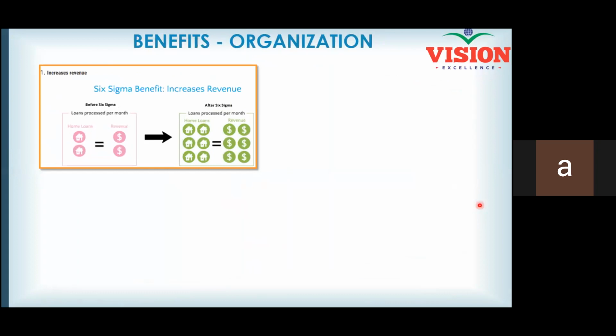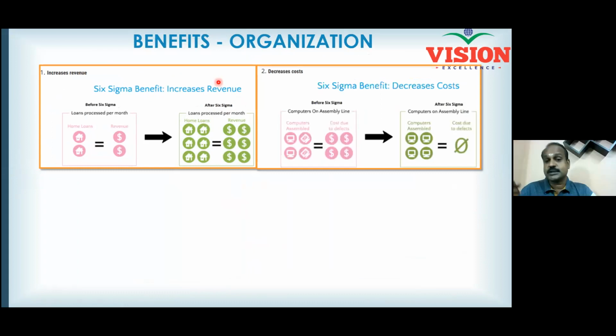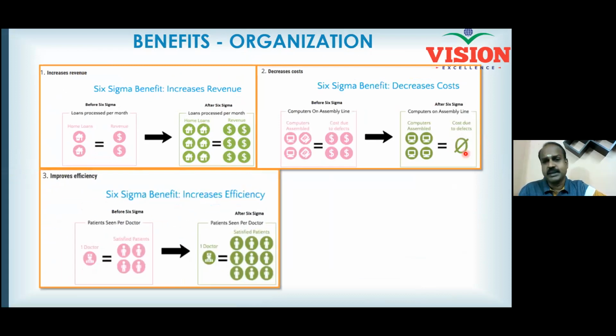So these kinds of approaches, when implemented diligently in any organization, will increase your revenue, because you are not allowing the defects to happen. That means your revenue will multiply and your cost will come down. Earlier, you had been producing a lot of defects, and now you are not producing defects. Almost, your defect levels are nil. And similarly, it will also make your resources work in an efficient way. See here, a resource that produced 4 outputs every single hour now produces more output every single hour.